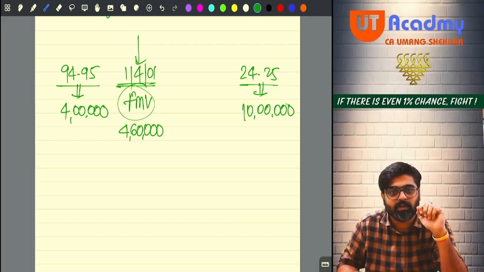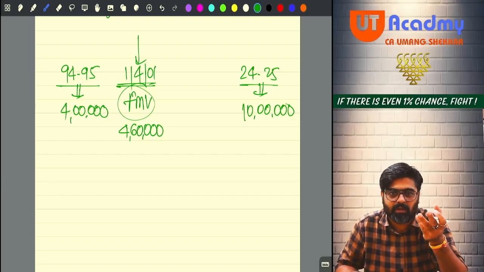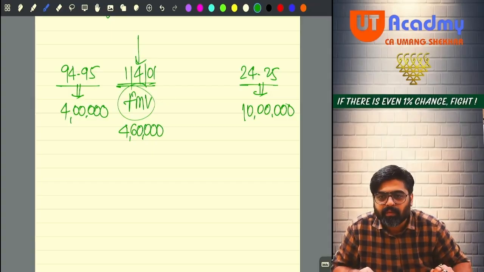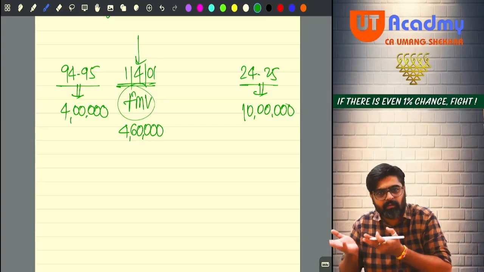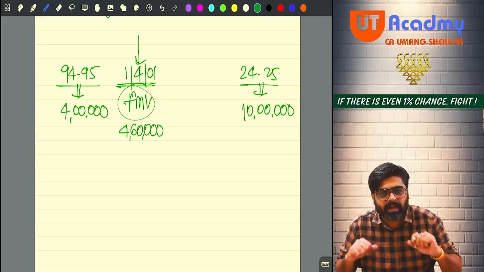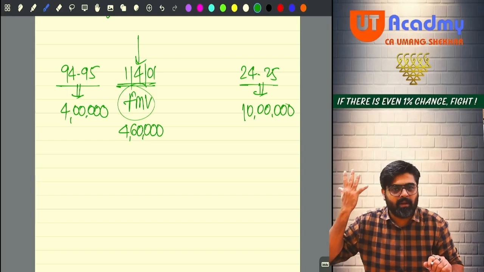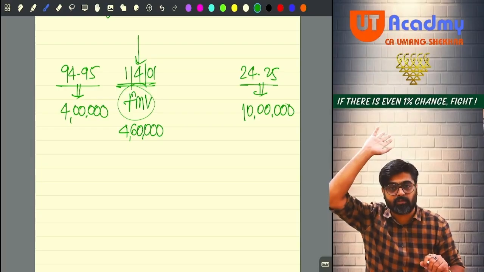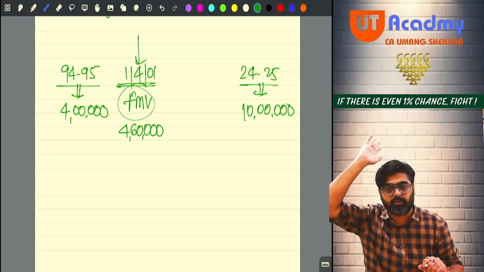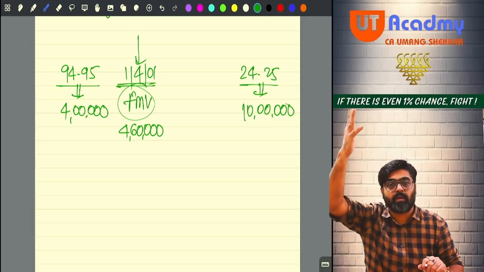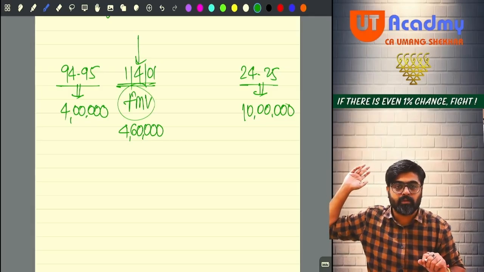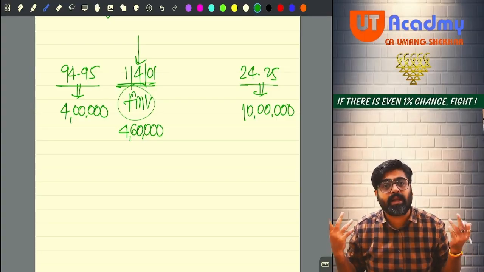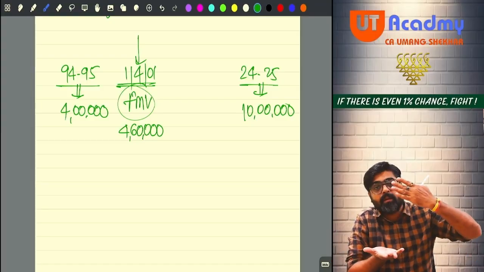Why is that option given, you know? We cannot issue a new CII table for everyone, because not necessarily would everyone have acquired the asset in the same year, on the same date. There can be multiple dates of acquisition. Very old assets can be there. Some asset can be acquired in the 1960s, some in the 1970s. Yes or no? Few of them will be acquired in the 90s, some in the 80s, maybe even prior to that also. We never know at what time you might have acquired the asset.